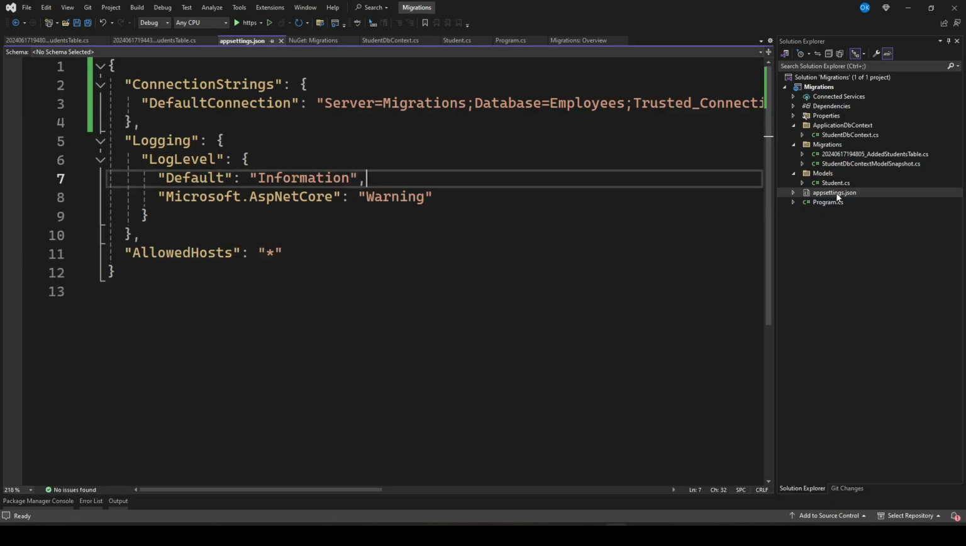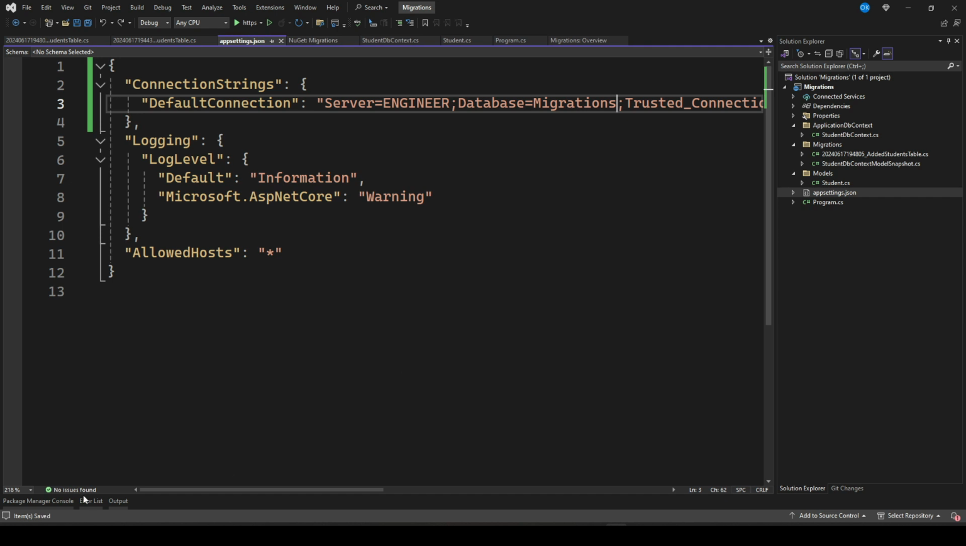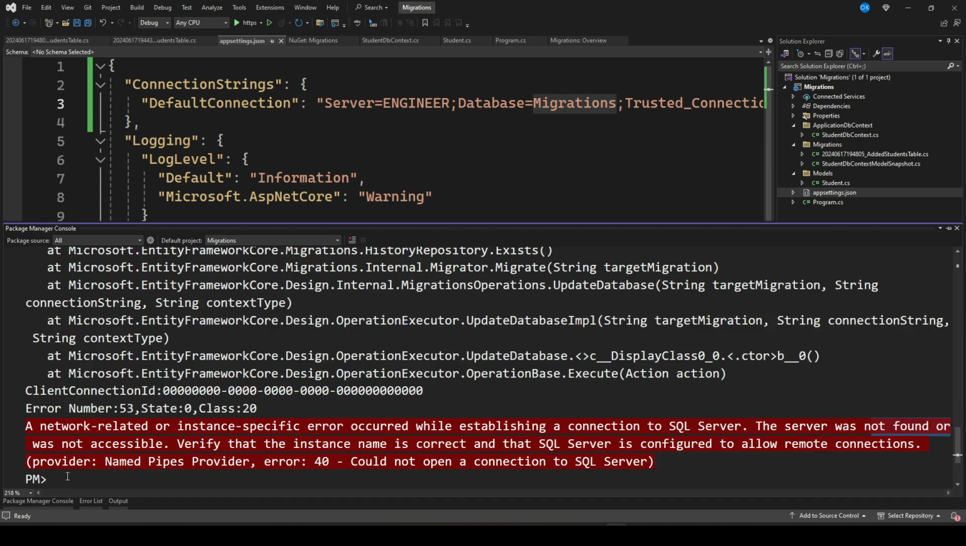Confirm our database name. Yes, so that is the issue. We replaced the wrong part. So this is the server. The database name should be migrations. So you should always check the server and the database name. So if we just clear this,